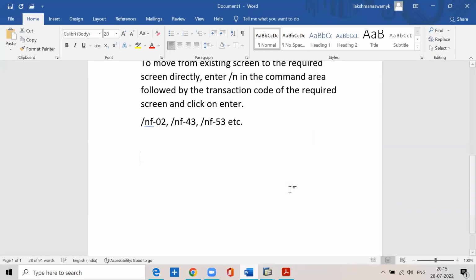To open the new session directly with the required transaction code,